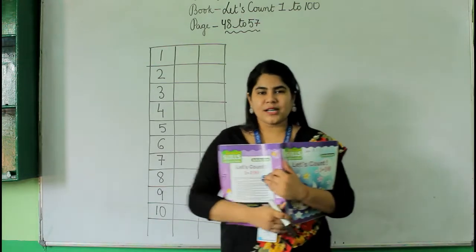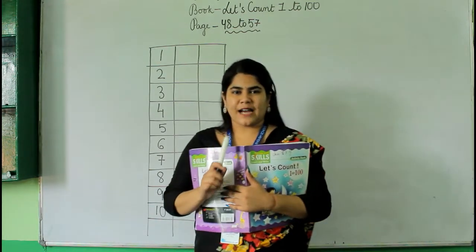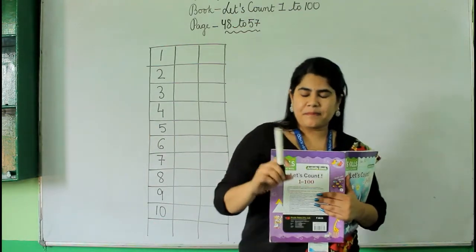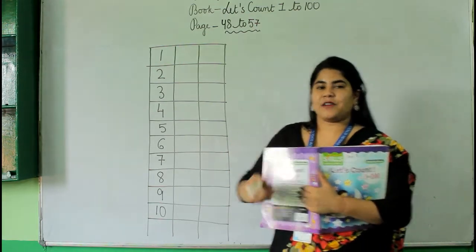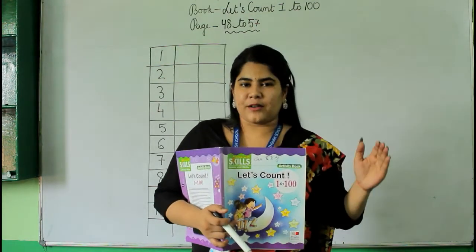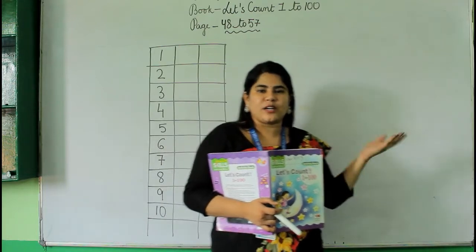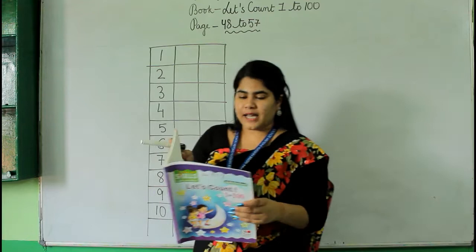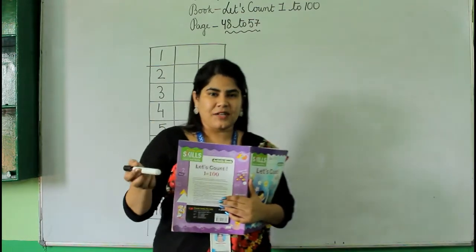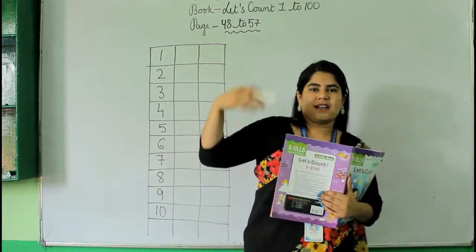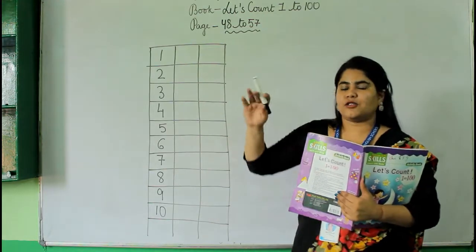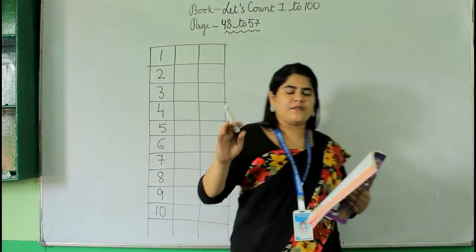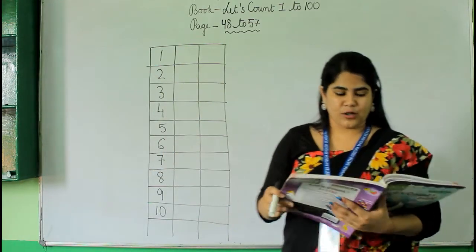Okay, students, before proceeding, I want to tell you that we are skipping some of the chapters, like we are not doing right now. Because I told you before also that we will finish up first the number part like 1 to 20 or 1 to 50. Then the rest, these are the chapters that I have left. These all contain activities like opposite words and up, down, all this. So we will do it later, okay. First of all, we will finish up the numbers, then we will continue with the chapters, okay.